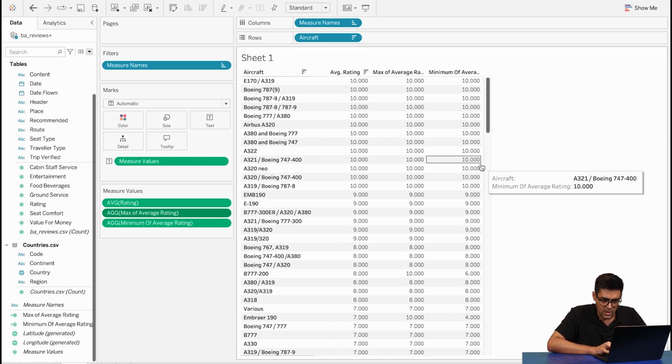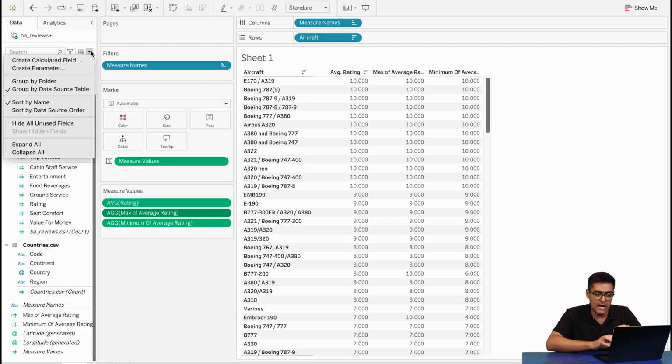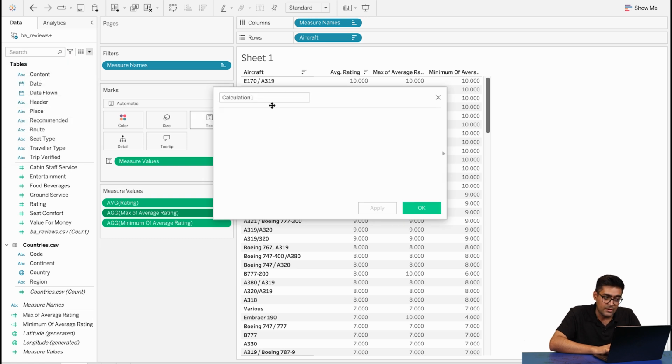Got it. Now, if you notice in the PowerPoint presentation that we talked about, there wasn't a discussion of having a rating, right? We wanted to create a customer experience score where we combined all the ratings and we divided it by a certain number. But right now, we didn't do that. We tried to skip ahead of it, right? So to do that, you go and create a calculated field